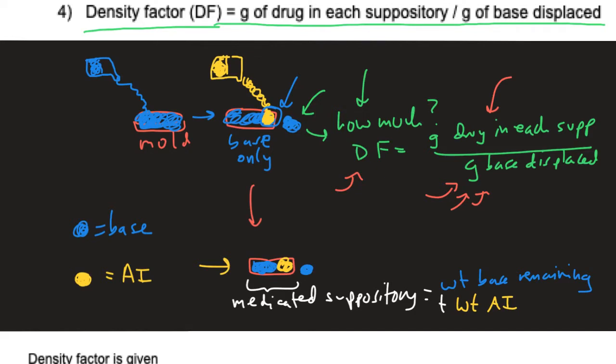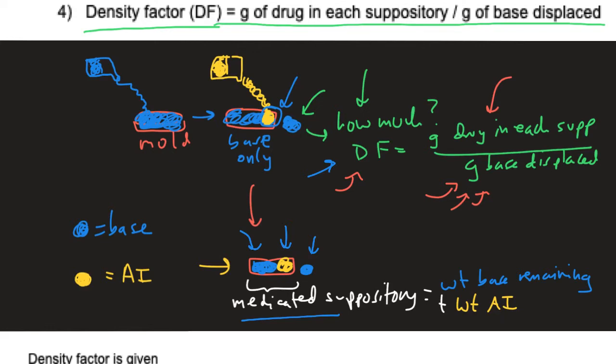And then another important concept is how much base, or how many grams, how much is the weight that was displaced. Well, if you don't know the density factor, then you can do another sort of math where you can figure out, if you know the weight of the medicated suppository, the weight of the AI, and the weight of the base remaining, then you can figure this out,